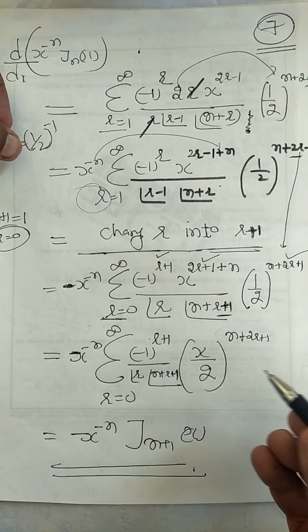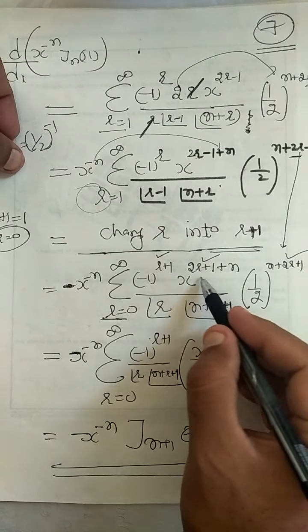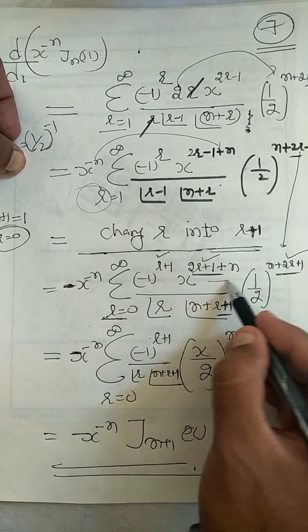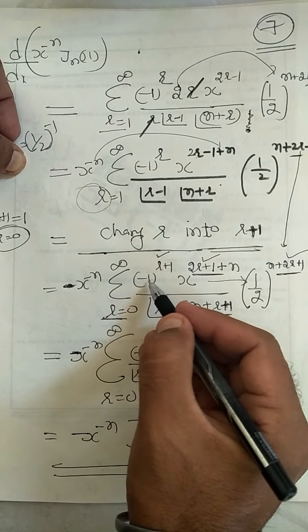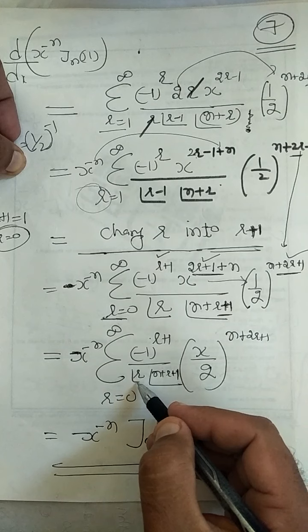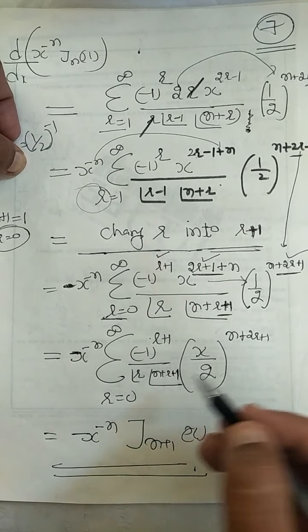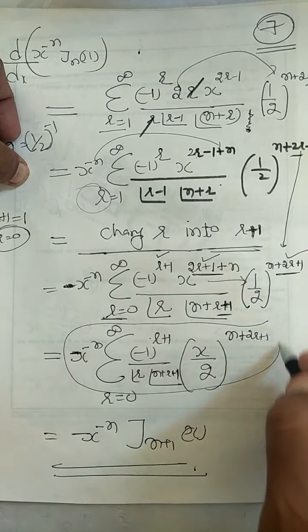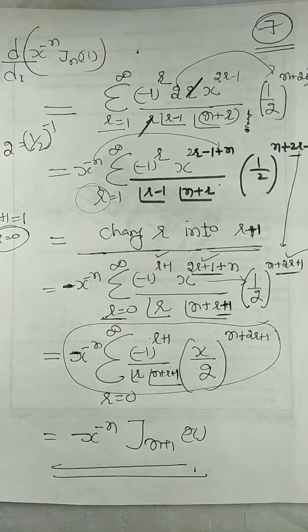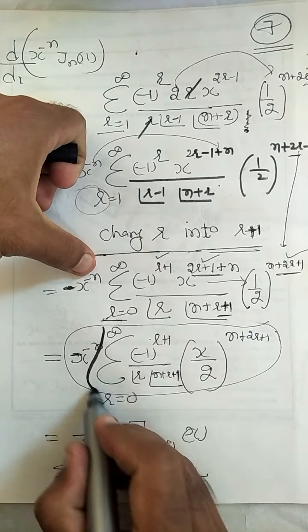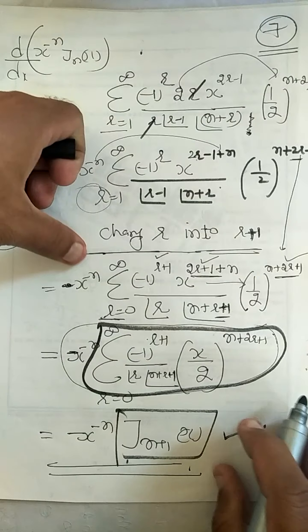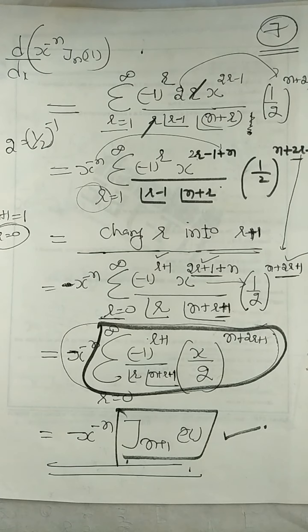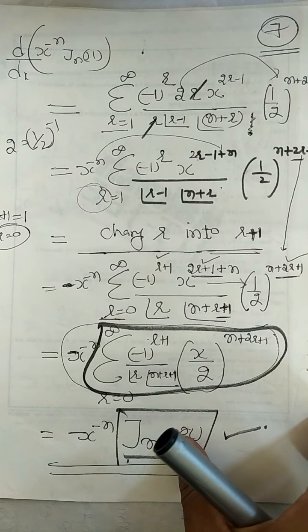So now see this result. This value is the same as this value, therefore it got adjusted in this, and we can write it in compact form: minus 1 raised to the power r plus 1, r factorial, and (n plus r plus 1) factorial. This is nothing but the value of J_{n+1}. So here we derive the next recurrence formula. Now we will proceed with the next recurrence formula.